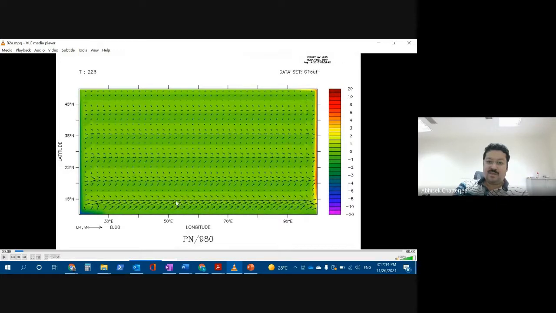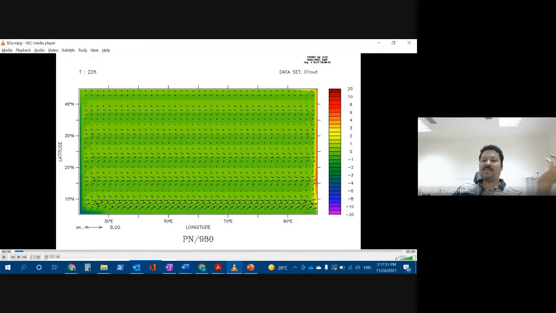See, now this one is already straight, and this is still not straight. Is it clear to everyone? You have to notice it yourself. It is interesting, but let me know if you are not finding it. See, this one is still towards the northeast, but that one is towards the east. That means it got rotated faster. That is what is happening because of the f. The period is 2 pi by f, and f is small close to the equator compared to the north. So my period is more towards the equator.